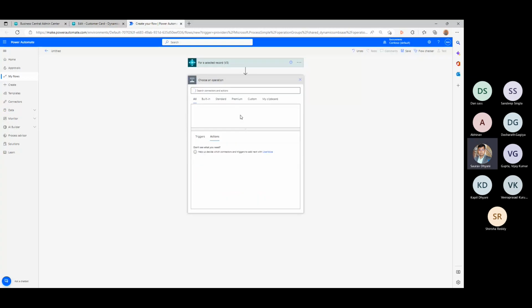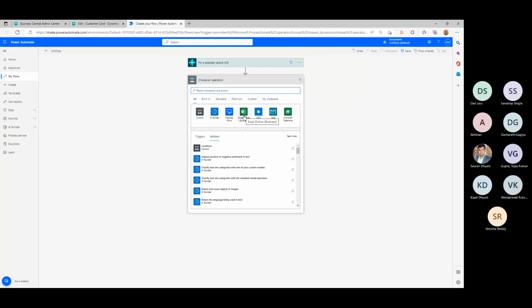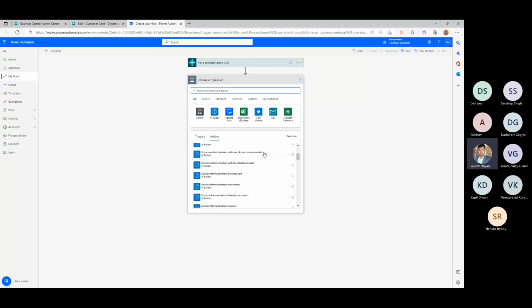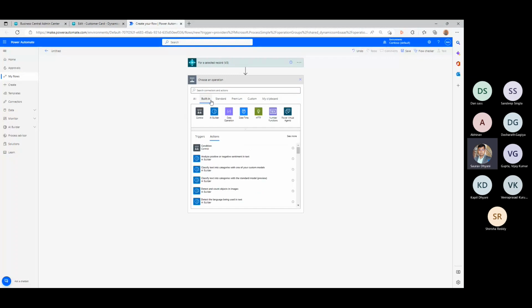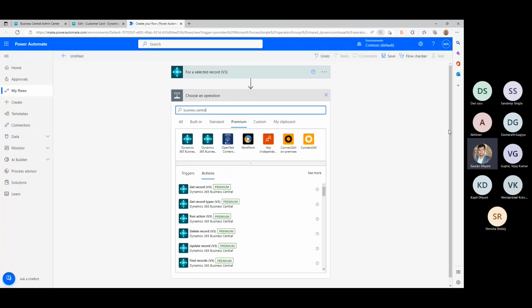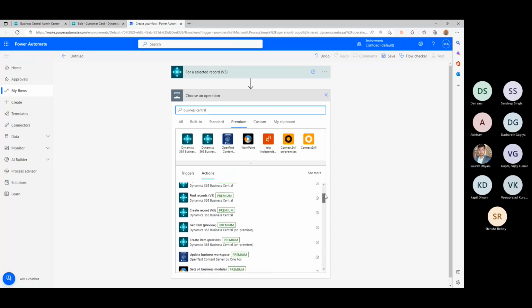Then the first thing that we'll have to do is to get that record, to understand where that record is coming from. And for that, Business Central has certain APIs. I guess there is an option somewhere. I guess it falls into the premium category for Business Central, but I don't know. Let's search for it. And let me zoom this in if this is not visible. Okay, as soon as you zoom this in and you filter it for Business Central, you'll see all these different triggers and actions which are available.